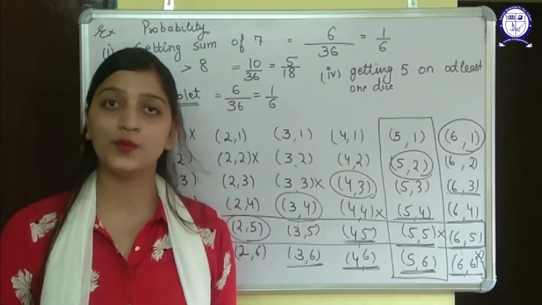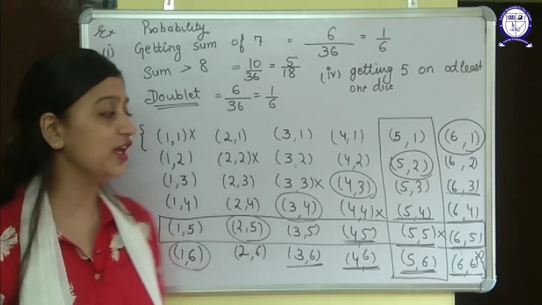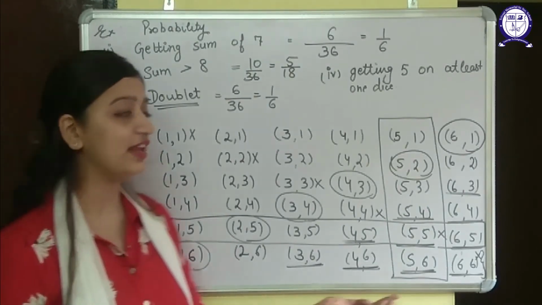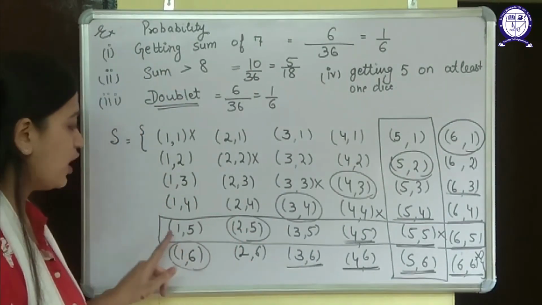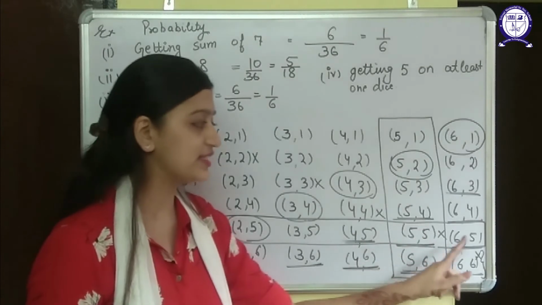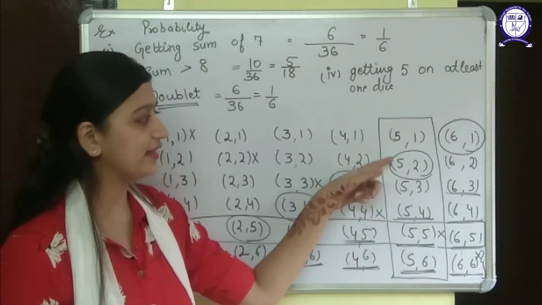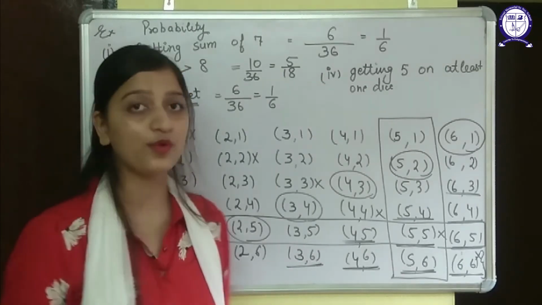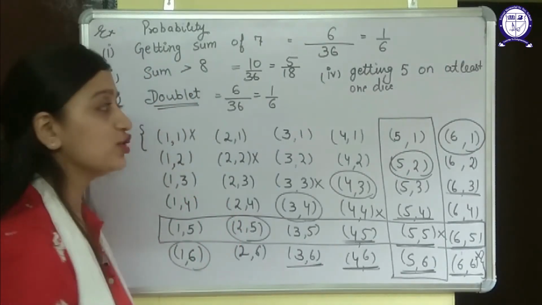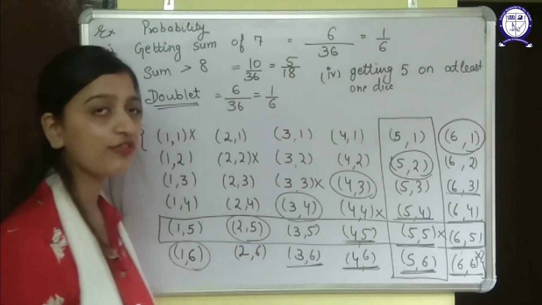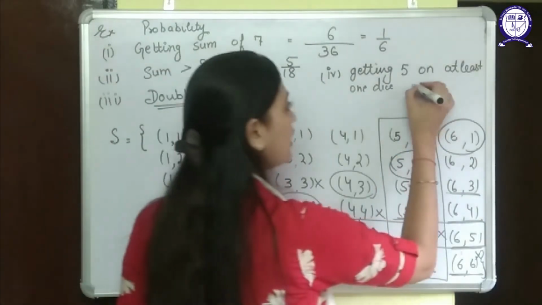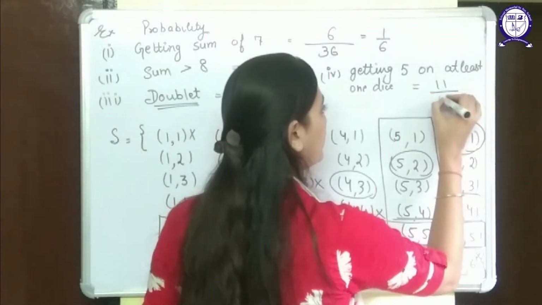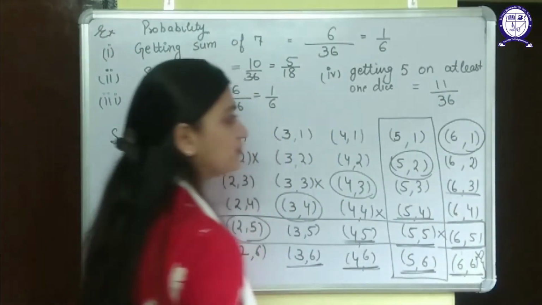Okay, I will take one outcome one time only. So instead of 12, I will have only 11 outcomes. 1, 2, 3, 4, 5, 6, 7, 8, 9, 10, 11. I cannot count a number twice. It will be a problem of double counting there. So there should be no doubling of counting. So I will have 11 upon 36.